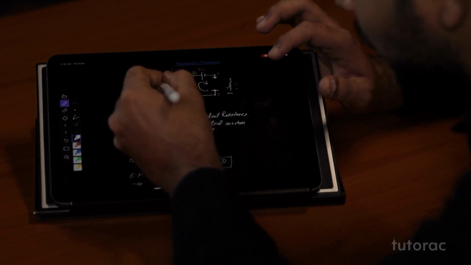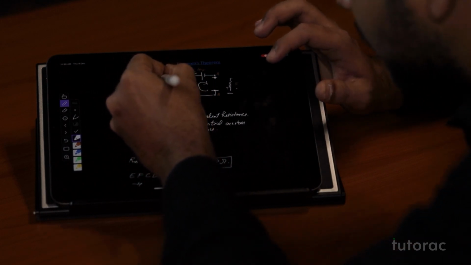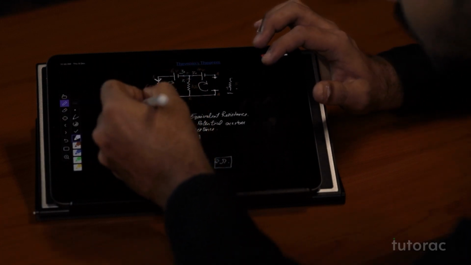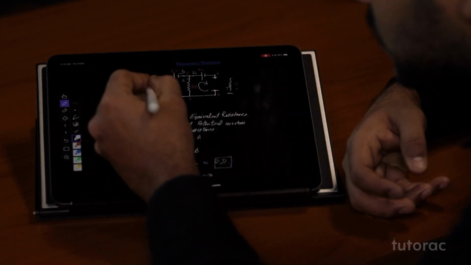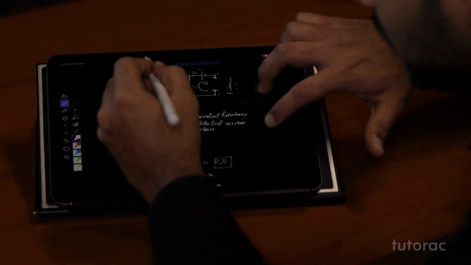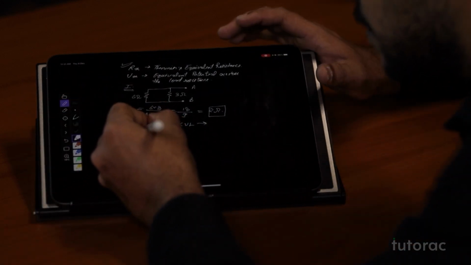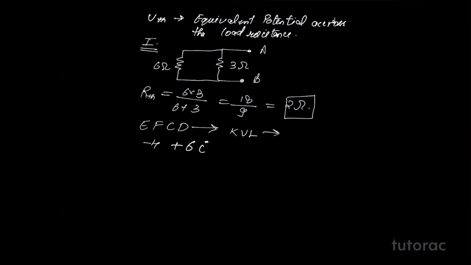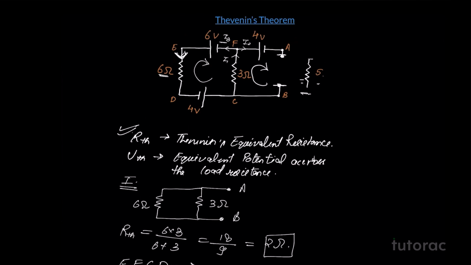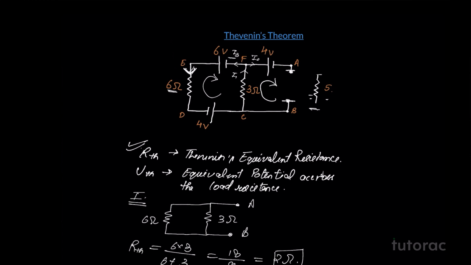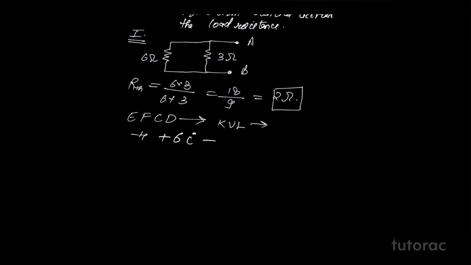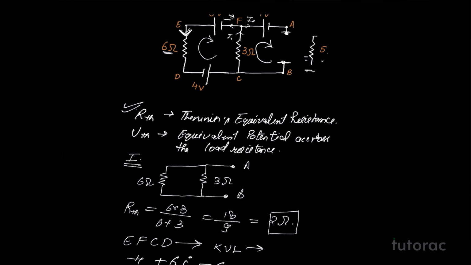Let's say the current is flowing in this downward direction only. While moving down, opposite to the direction of current, we get a gain of 6i. Then again we get a loss of minus 6 volt, as we are moving from the positive terminal to the negative terminal of this 6 volt battery. So minus 6, and here again